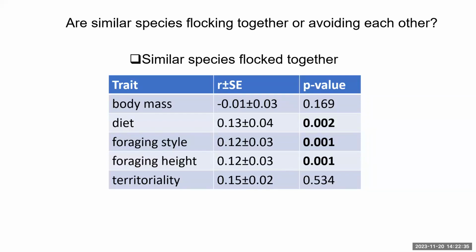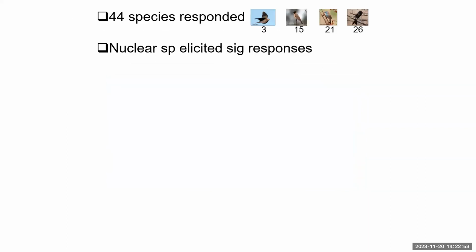So these three traits here indicate that similar species were joining each other. So we can say that our social network is structured by facilitation. So species are not competing for resources in our social network. So regarding the effect of our nuclear species, so our treatments